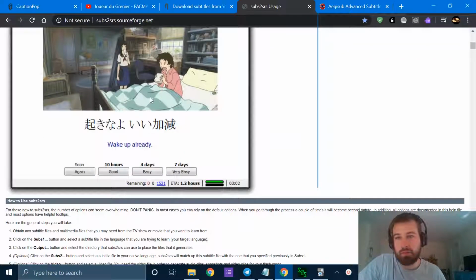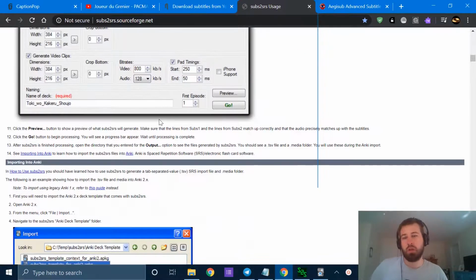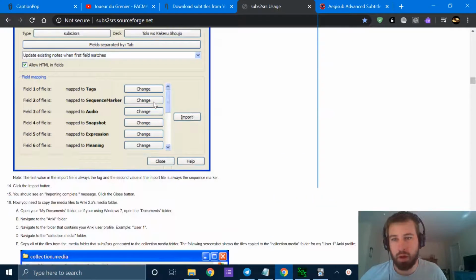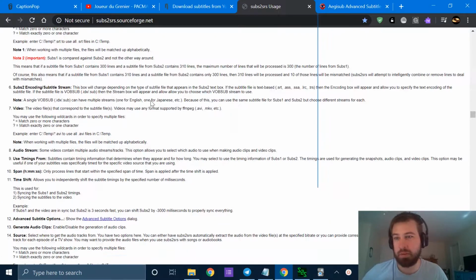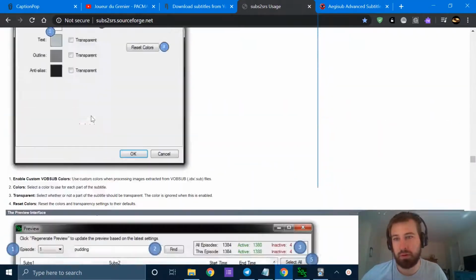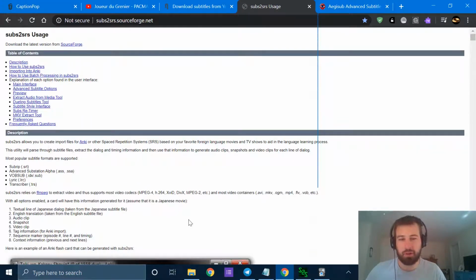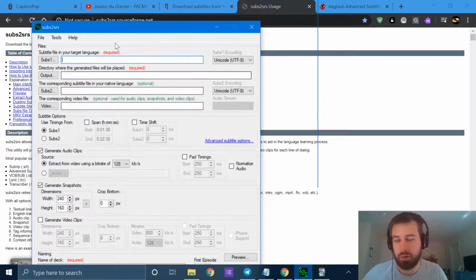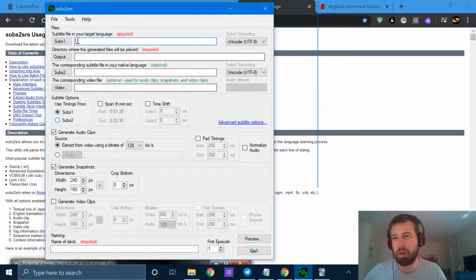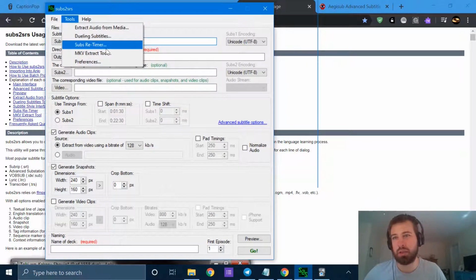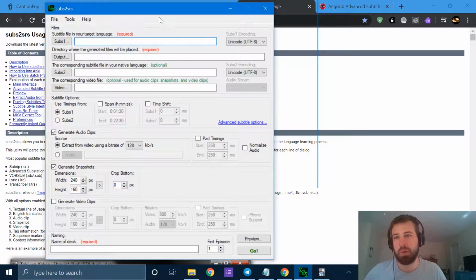And this contains some information that you can use to supplement your knowledge beyond this guide that I'm recording here. This is what I use to figure all this out. So definitely worth a read. So go ahead and download SubstoSRS. And it is a program that looks like this when you open it up. It has some other cool tools like extract audio from media and some other stuff like this. But we're going to focus just on the main flagship sort of product here,